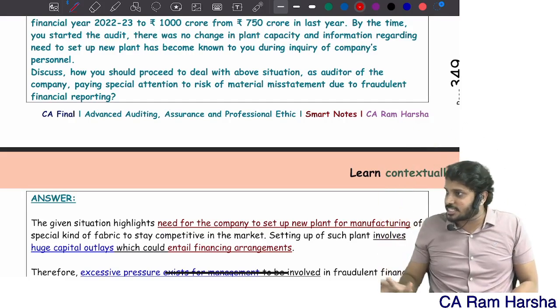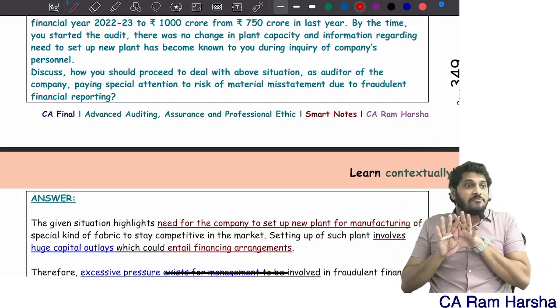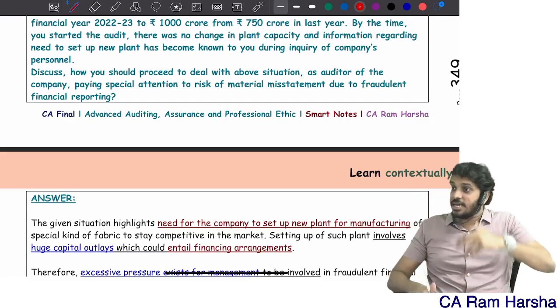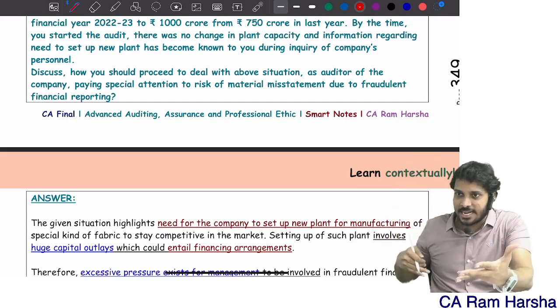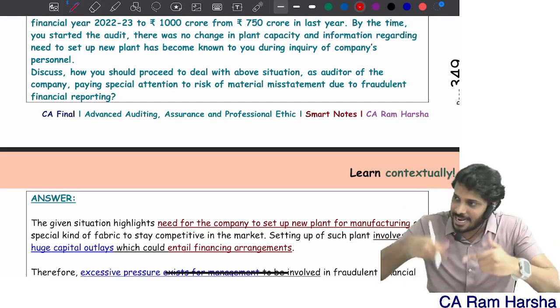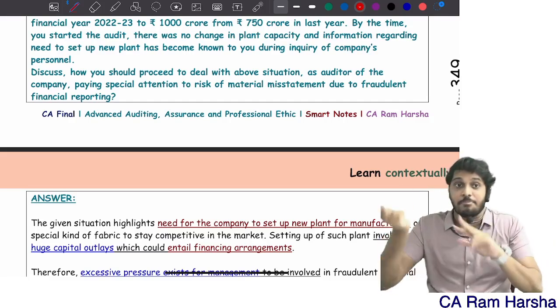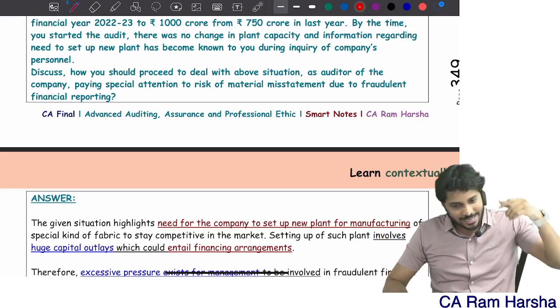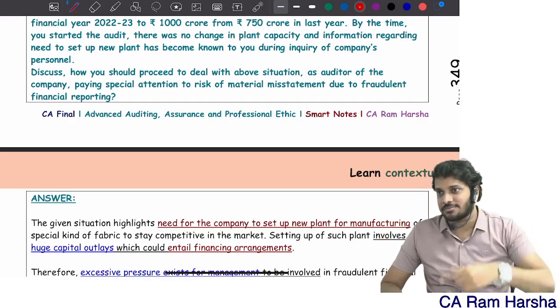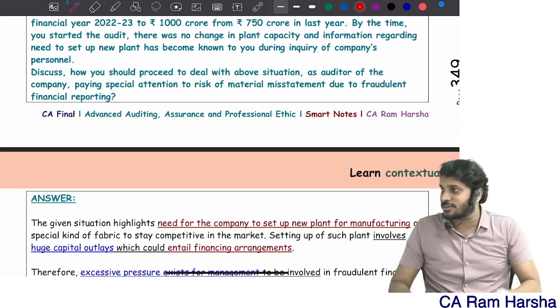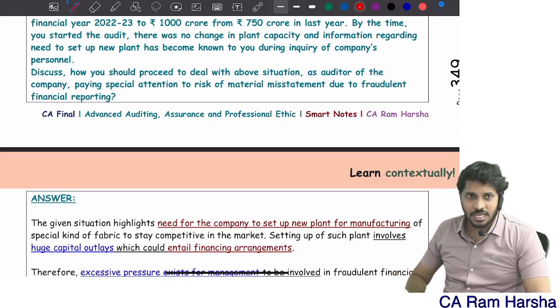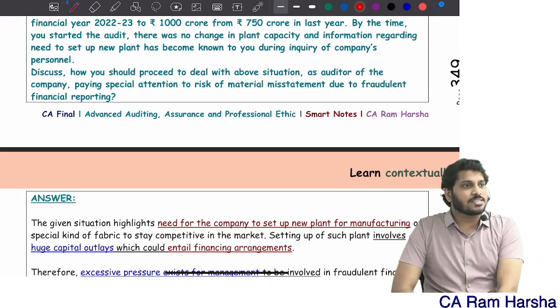Why are we learning this standard? Once again, bird's eye view. So once you read each and everything, give a bird's eye view of what exactly the standard is dealing with. Now again, read each and everything for memorization. If you directly read for memorization, it will never work. This is how memorization works. Clear? That's it. SA 240 is completed.